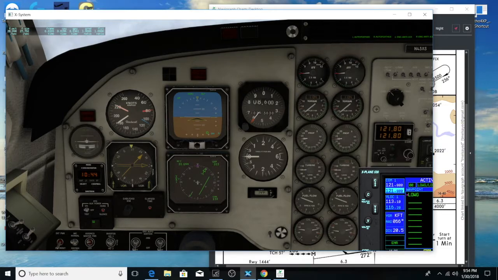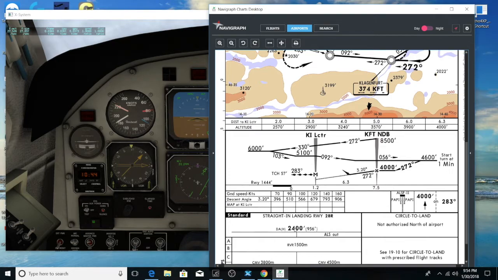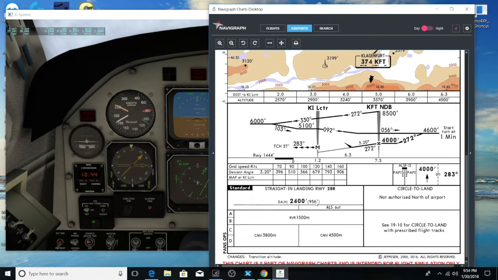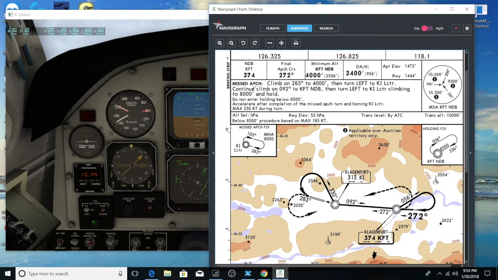And if we want to look ahead too, just in case, what happens if we do not see the runway at the decision height of 2,400 feet? What's the process at that point? Well, here's the missed approach process on the Jeppesen chart. It's usually on the top. It says you need to climb on 283